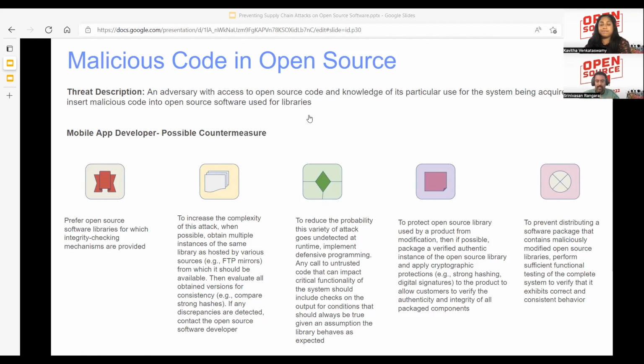That's very, very important. As I mentioned in the previous slide, testing during runtime becomes very critical, and a dedicated team like a red team would be really required, especially to defend against supply chain attacks. And ensure your open source library is tamper-proof, and perform enough functional tests to make sure that the product provides consistent behavior.